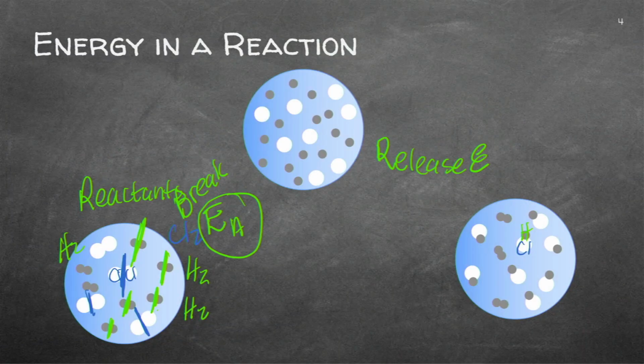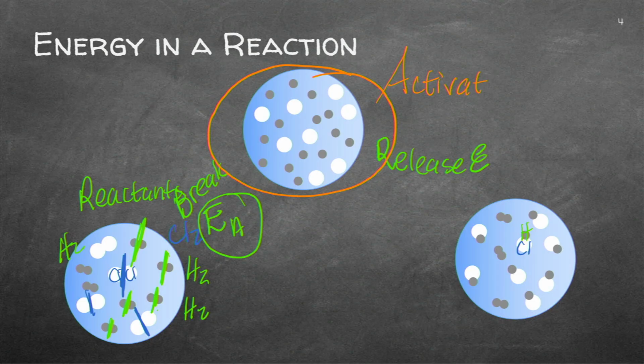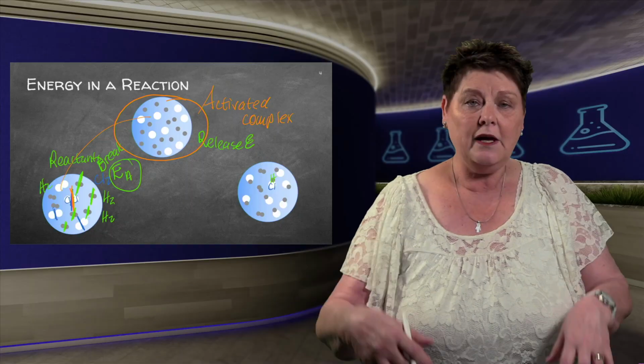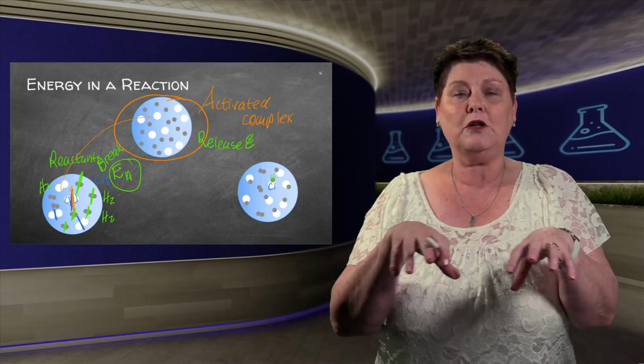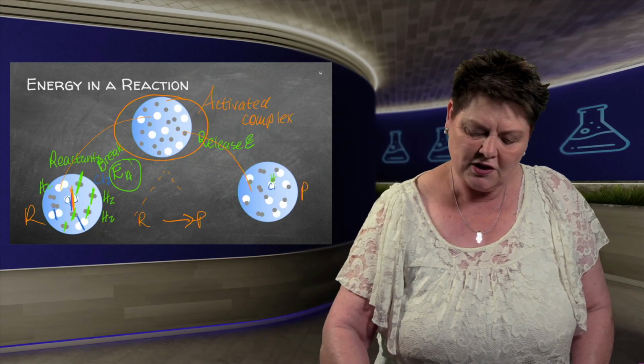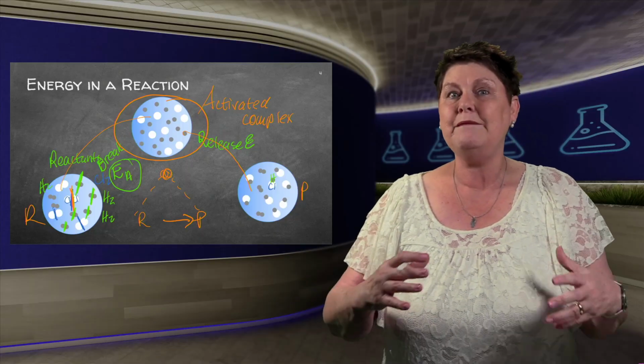And if you actually listen to the previous lessons, you'll know this is a state which we call the activated complex. And it's an in-between phase. You won't write it in a chemical equation, but you'll have to know. First break the bonds, then go there, all very agitated, they've got lots of energy, then release energy, and then form the product. So reactant to product is what you're going to write down in any chemical equation, but in your mind, you've got to see you actually have that activated complex in between.